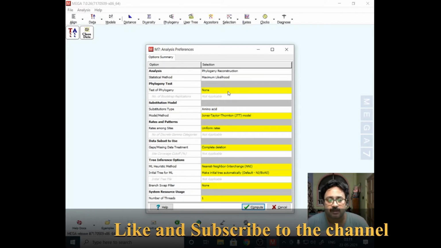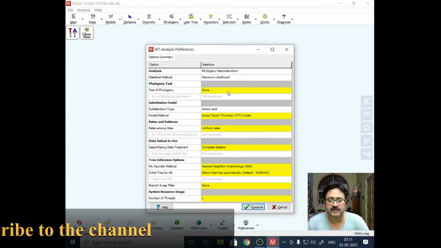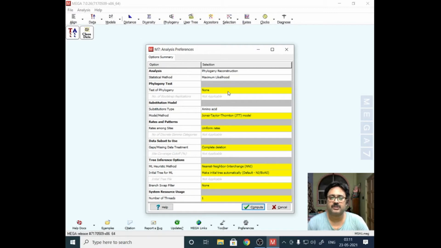Now when you prepare a tree, if you have seen any tree, what you see in that is different branches, and then the branch length. In some trees the branch length means the time of evolution. The length of the branch has something to do with the period of evolution. So when each branch separates, and at what point it separates, has immense importance in biology.